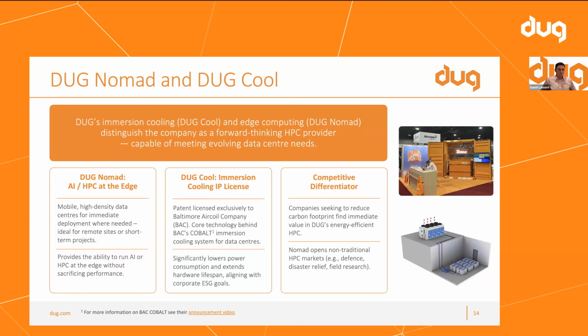Right, I'll pick it up. So Doug Nomad and Doug Cool are our emerging businesses. For those who are not aware, Doug Cool was an internal invention that we had patented in late 2016. Ultimately, we ended up building out our Houston data center, and we won Data Center of the Year, an award from a publication called DCD, and that just got us some notoriety. And it started meaning that we were getting inbound.